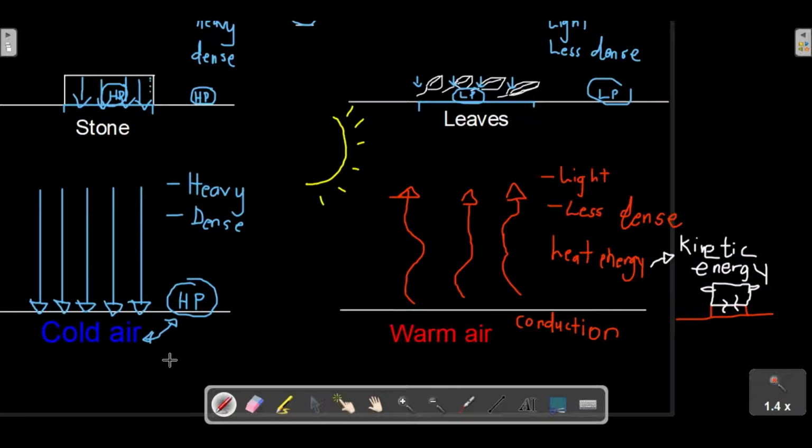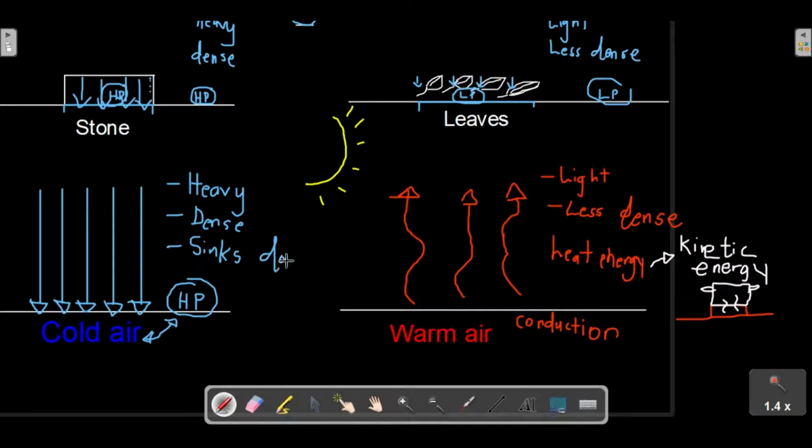Whereas cold air doesn't have much of that kinetic energy, and so that's why it prefers to press against the ground. It does not have that kinetic energy, that movement energy, to move up. So we're saying that warm air rises up. Another thing is that cold air actually sinks down. So it likes to sink down. That's the word we should have used there.